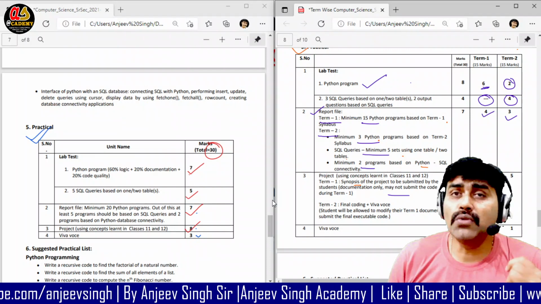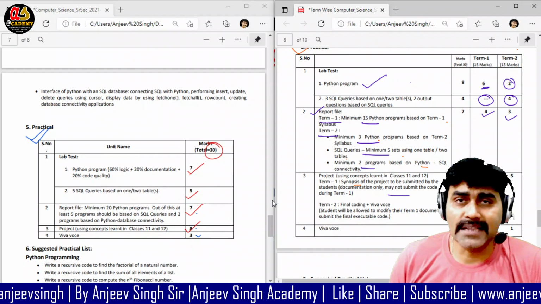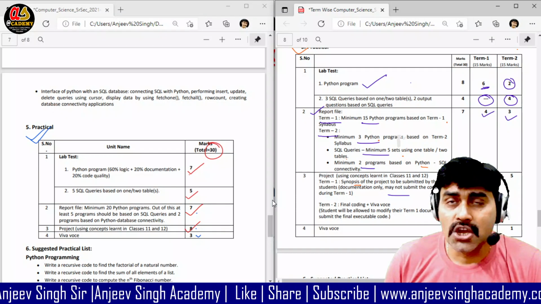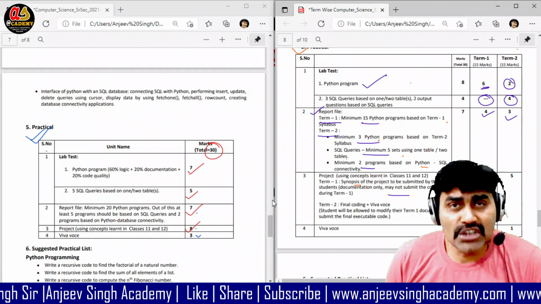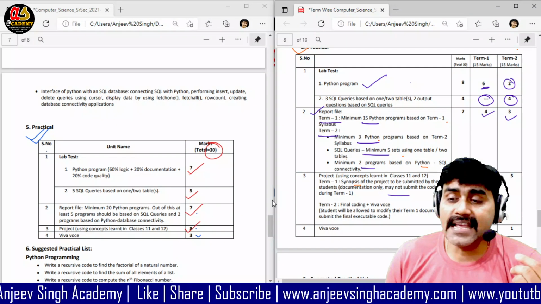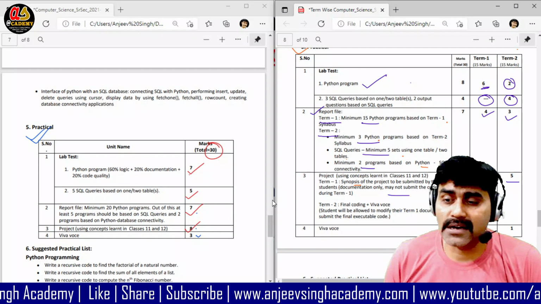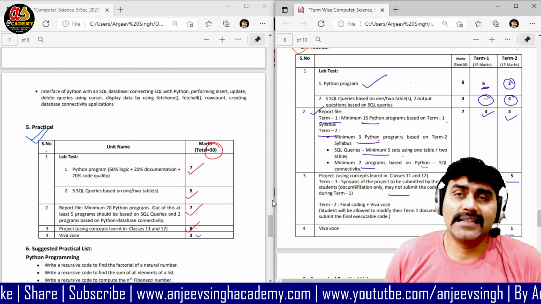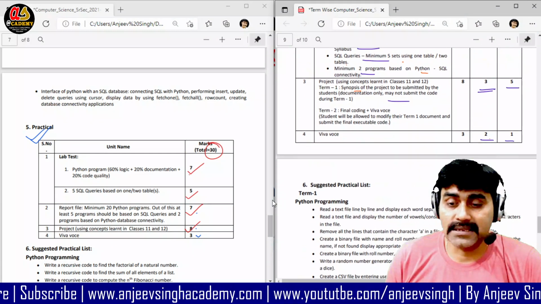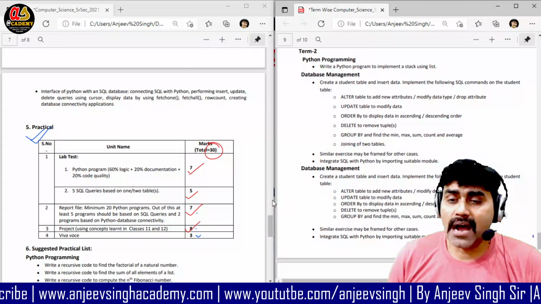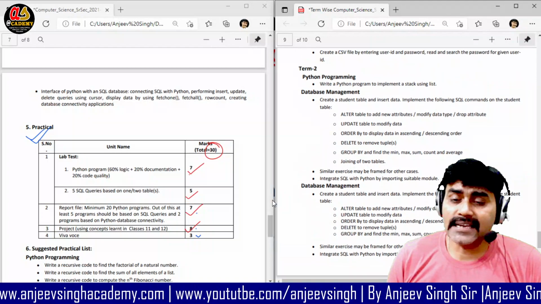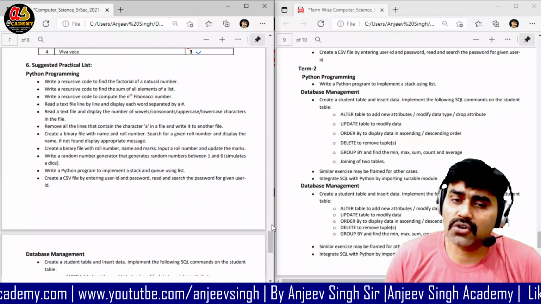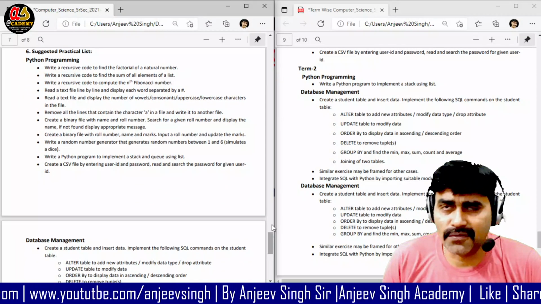But in term 2 you have to write the code and submit the executable code. That code is based on the synopsis you submitted, but here you will get a chance to make changes; if you want to change your synopsis, you can. The project file has 5 marks weightage. In viva, in term 1 you will get 2 marks, but in term 2 there is only 1 mark for viva. These are some suggested programs for term 1 and term 2. As I requested, it is better if you practice these questions also, because they are important for us.